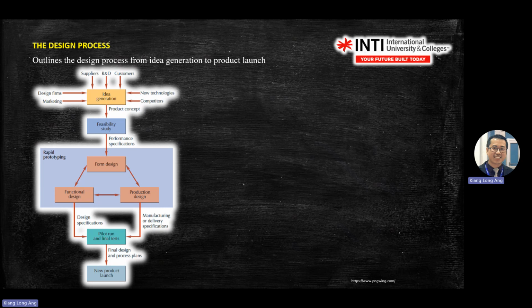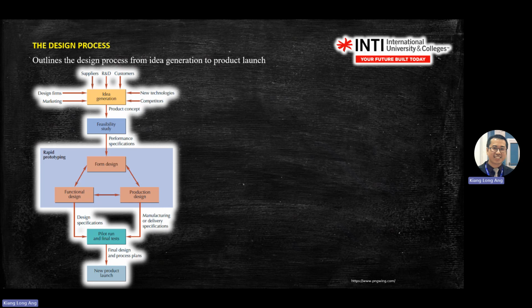You can read from the features here, right? So general idea generation, how you generate idea, you get input. You need input and output. Okay. Now, what is the input for idea generation? You have 1, 2, 3, 4, 5, 6, 7. 7 input, 1 output with this product concept. Okay, so chapter 7, the question will ask you what is the input, what is the output at a certain stage or certain design stage. Okay, so get familiar with this